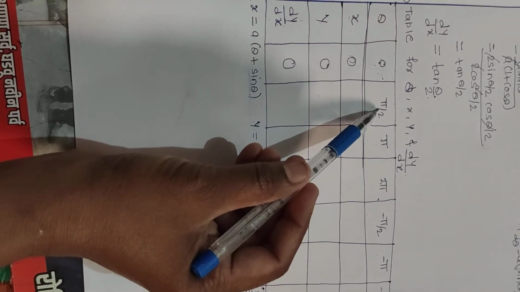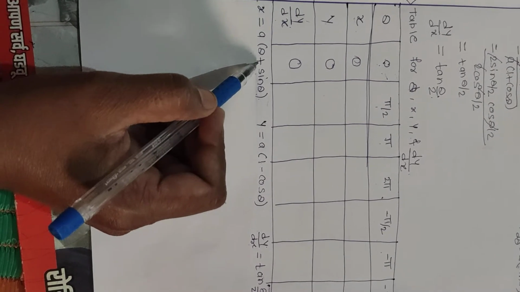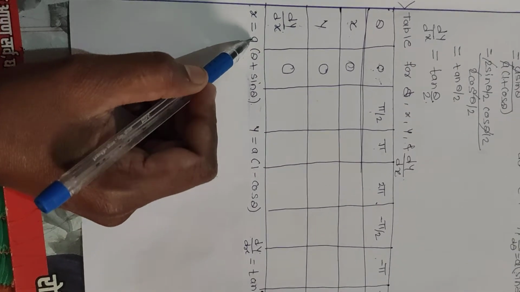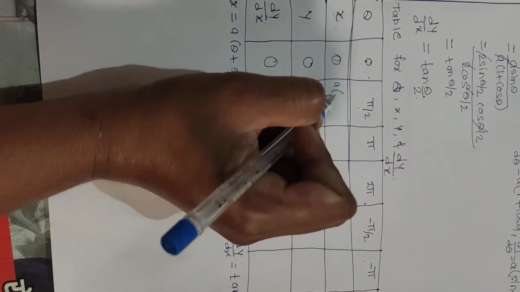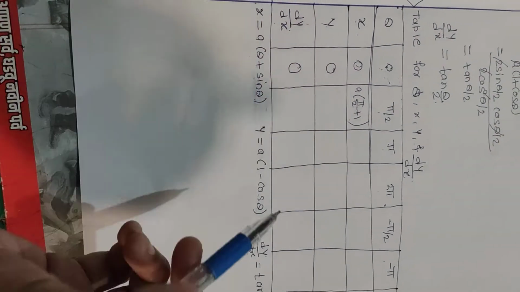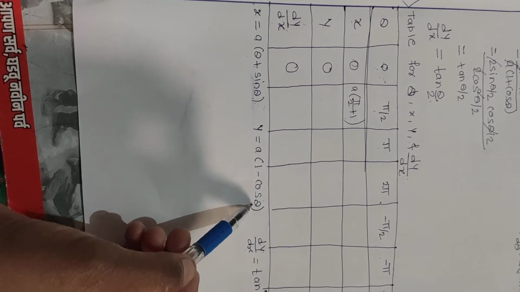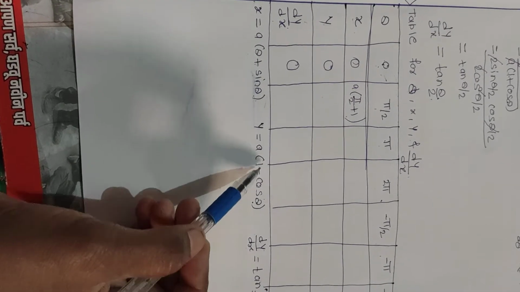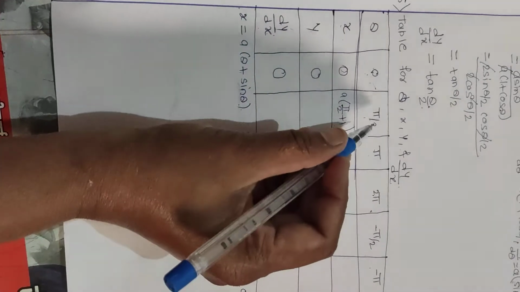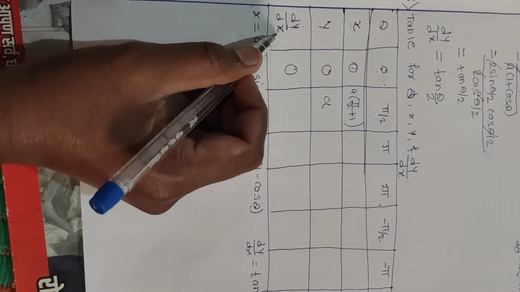After that, for theta equal to pi by 2. See, if we put pi by 2 for theta, pi by 2 plus sin pi by 2, which is 1. That means 1 plus pi by 2, into a. So this is the value of x: a into pi by 2 plus 1. After that, for y, a into 1 minus cos pi by 2. But the value of cos pi by 2 is 0. So 1 minus 0 is 1, 1 into a is a. So this is the value of y at theta equal to pi by 2. So y is a.